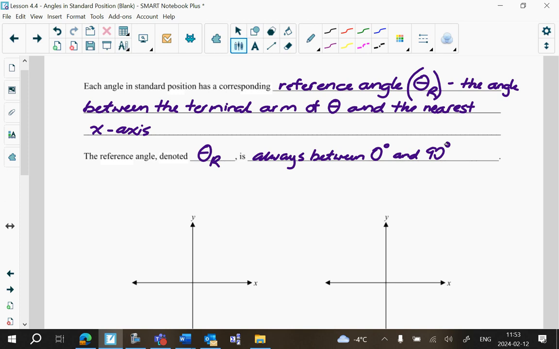Okay? So I'm actually going to show, before I do quadrant 1, I'm going to show you a reference angle